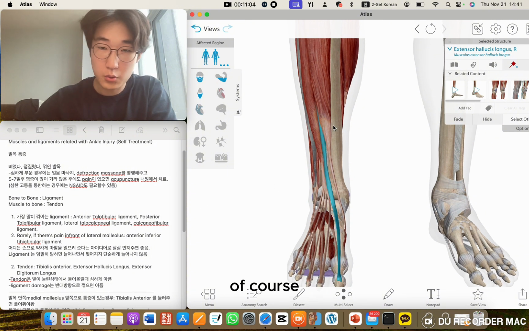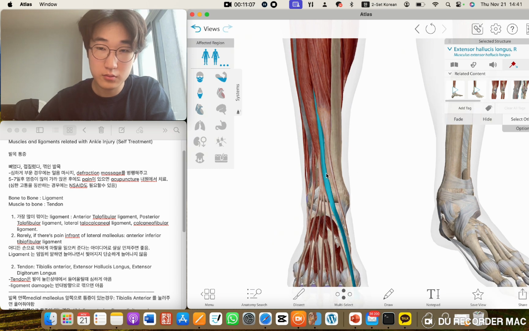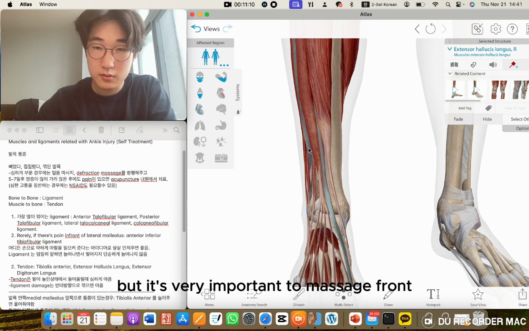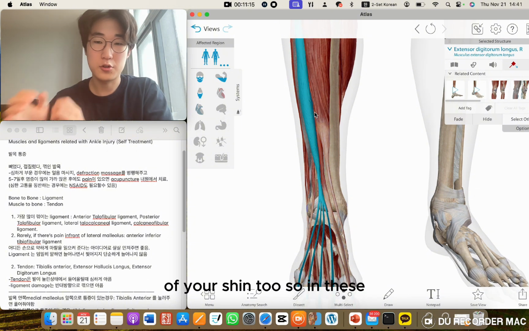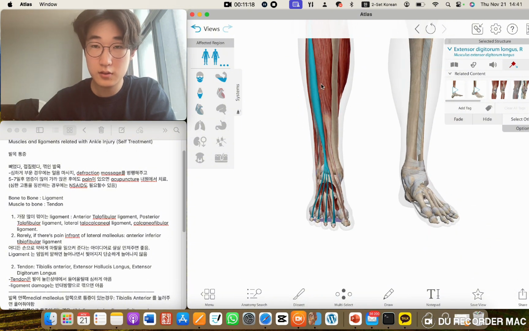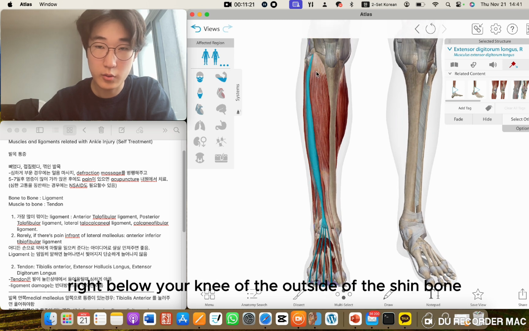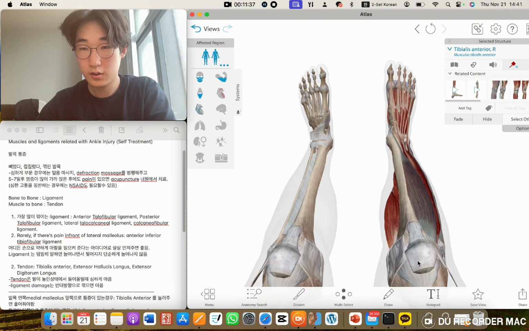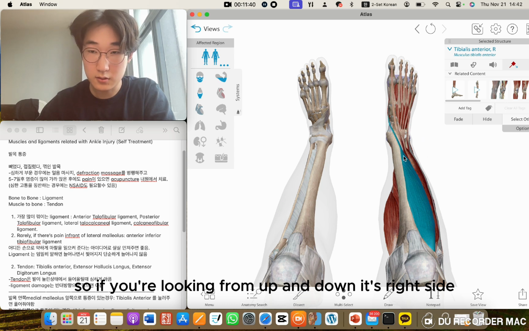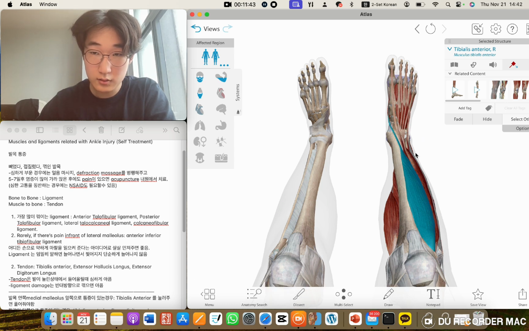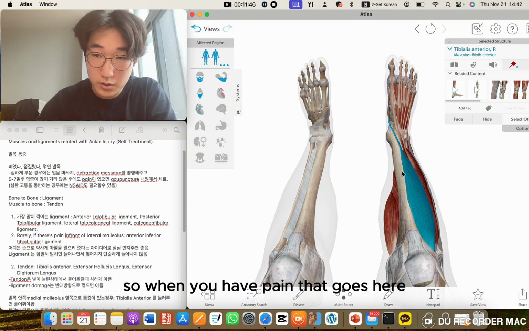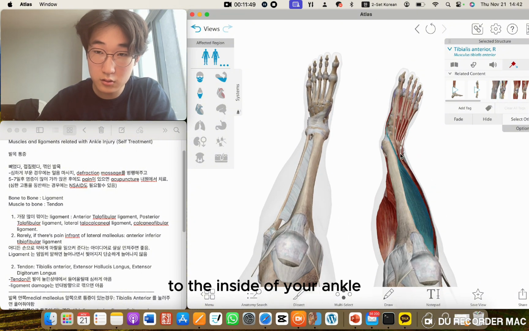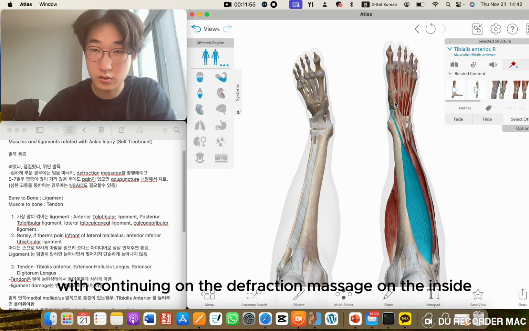So when there is pain here, of course it's important to do diffraction massage here too, at the tendon itself, but it's very important to massage the front of your shin too. This is your knee, right? Right below your knee, on the outside of the shin bone, to the right side, if you're looking from up and down. So when you have pain that goes to the inside of your ankle, like this, you have to massage here too, continuing the diffraction massage on the inside,